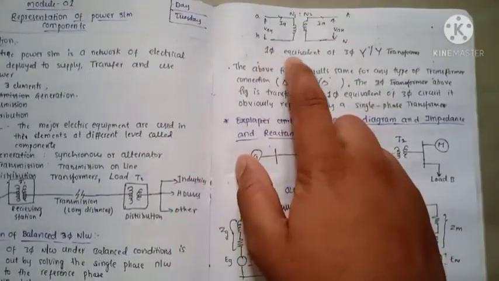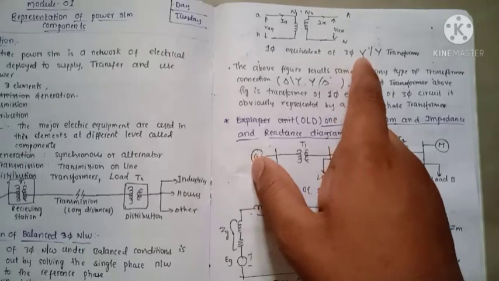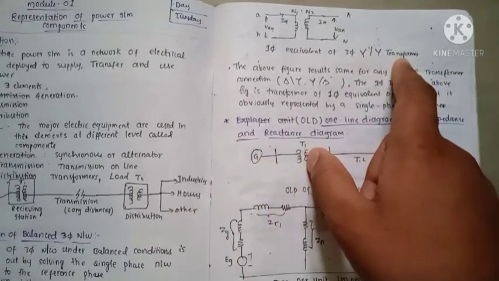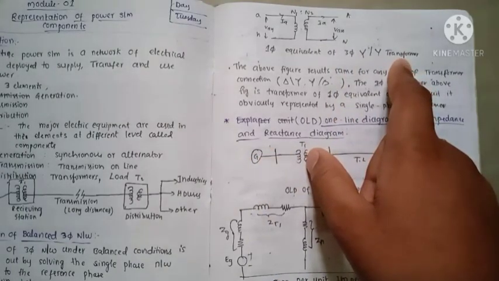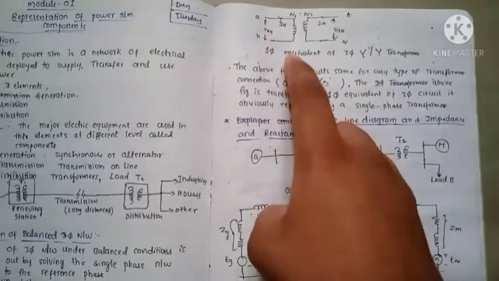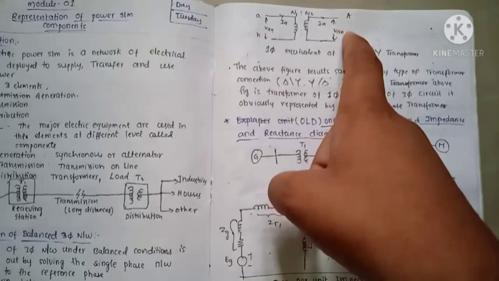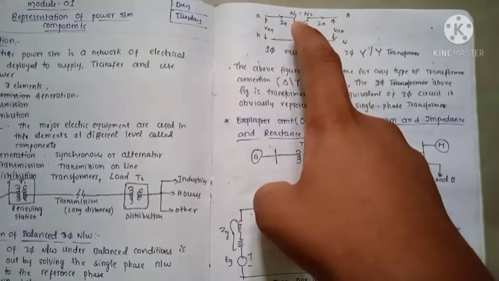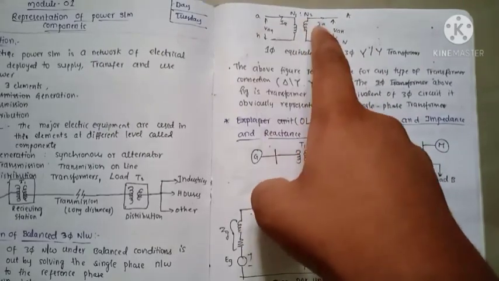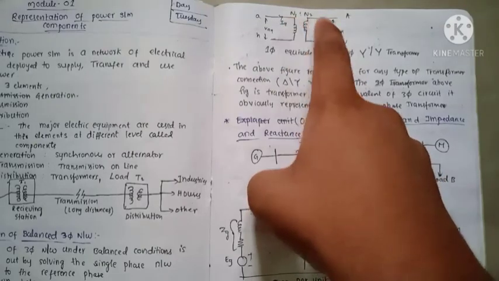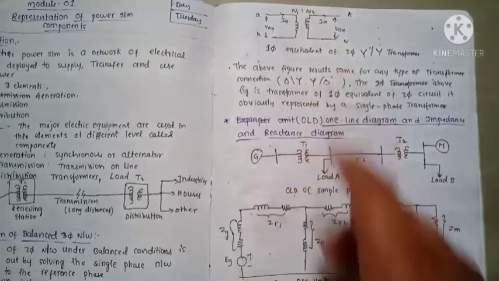Here is the single phase equivalent circuit of a three phase star to star transformer. We saw just a figure, right? In the previous figure, for that the equivalent circuit has been drawn. This is VAN, the phase to neutral voltage at primary and secondary. IA is the primary current and IA is the secondary current. N1 and N2 are the ratios, the number of turns.